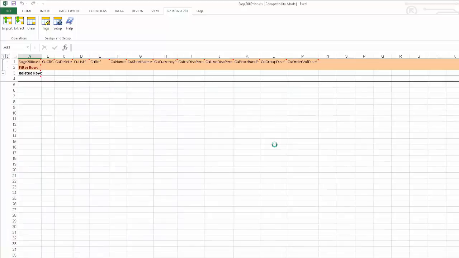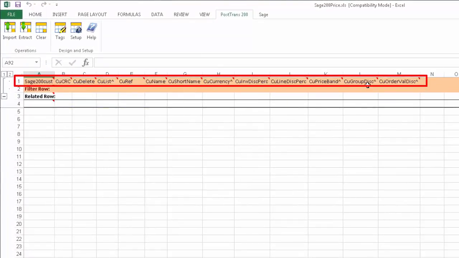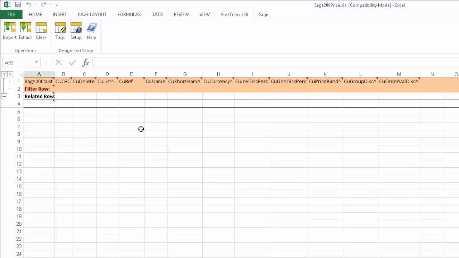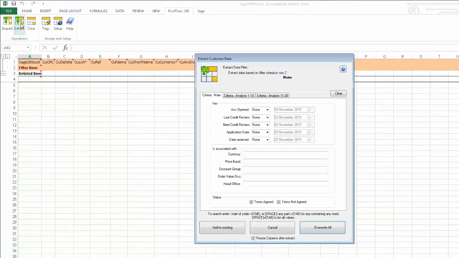Now in this video we're going to talk about reassigning customer price bands, so I'm just going to open the price band assignment template, and you can see here there's a whole series of tags put into row 1, which I might explain a little bit further on in the video, but for now let's just go with that. And basically these tags denote what's expected in each column and what PostTrans is going to read and write to those columns. So I'm just going to press now the extract button, and what we're going to do now